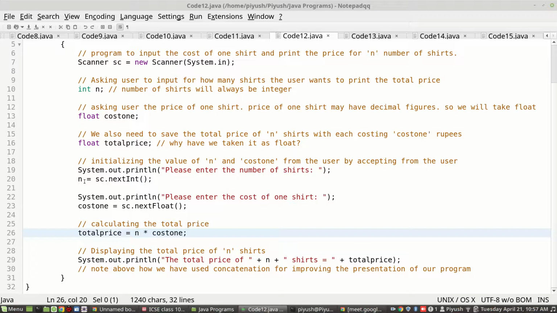So let's say you give 10 and you give here 200.5 or 2000.5. So n, that is 10, multiplied by 200.5. The result will be computed. That result will be saved in the memory location identified or named as our total variable, or total price. That is, the variable total price will contain the final result, and then you are displaying it in a presentable manner